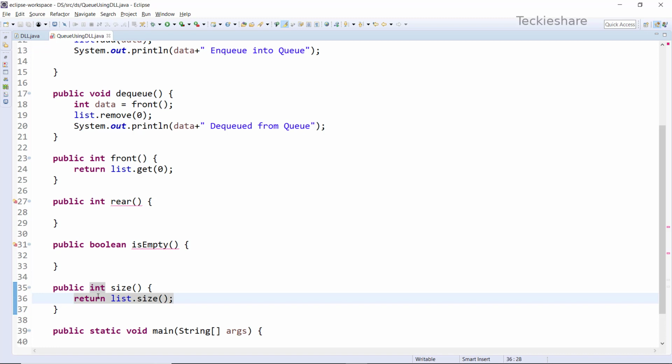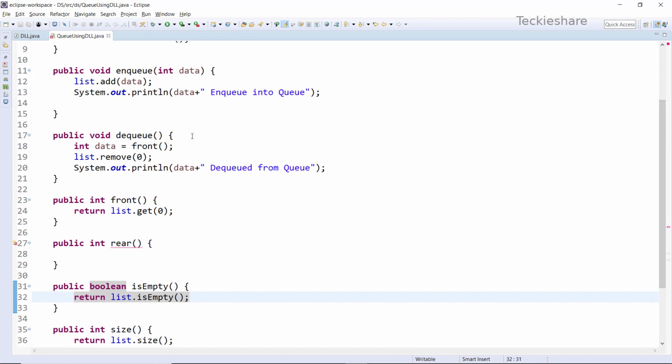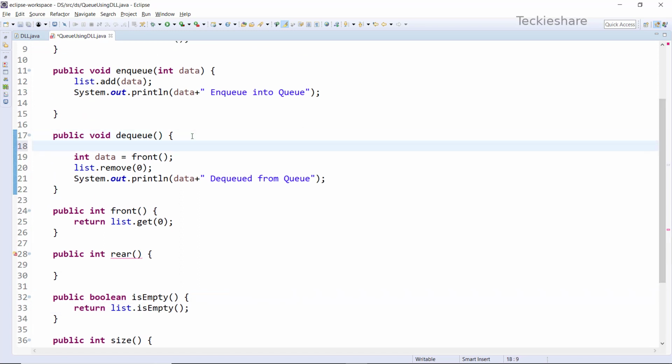So the next method will be isEmpty. isEmpty is nothing but, suppose if your list is empty, obviously your queue also will be empty, right? So I'm using the isEmpty method of my list. I'm simply returning the value of the isEmpty method here. That's it. So using this isEmpty check, now I can implement the validation which we have already done in